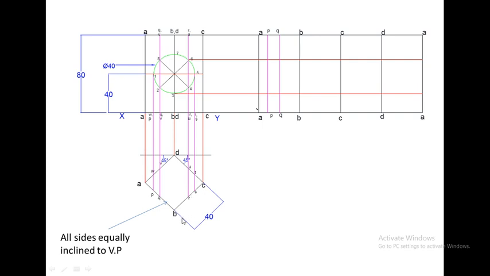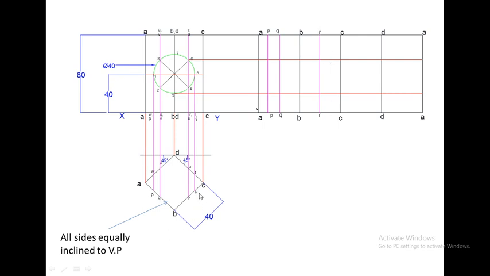R and S are lying on side BC. So we have to mark R and S on this side BC. So take the distance on rounder from B to R. Place your rounder at point B, cut an arc in front of it, name it as R and draw the imaginary vertical edge passing through R, that is R and R.